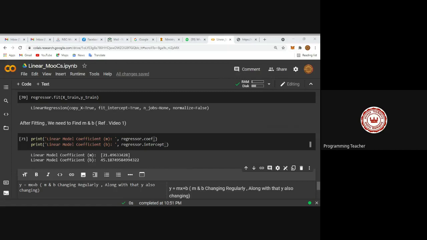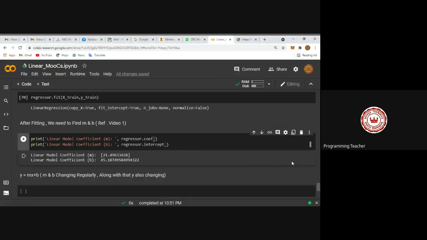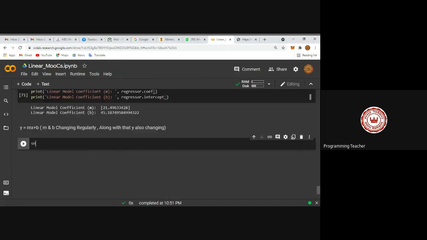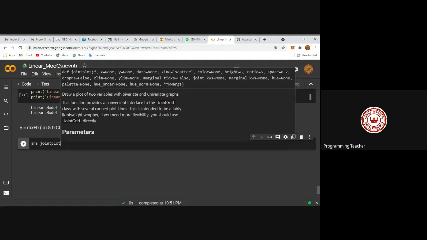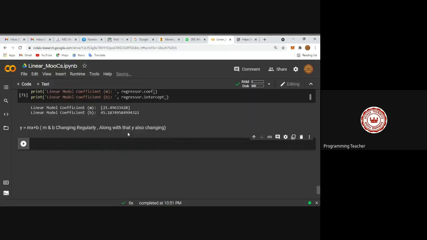If you try to plot the graph, whether it is truly correct or not, let's try. So I'm trying to plot it. So let's try the scatter plot and the line plot. Great. That is our additional part. We have to find out y equal to mx plus b.